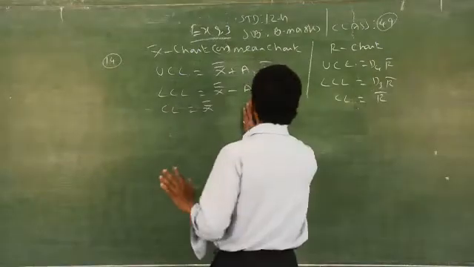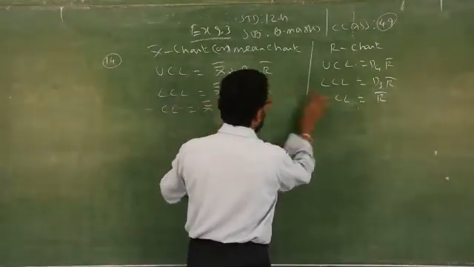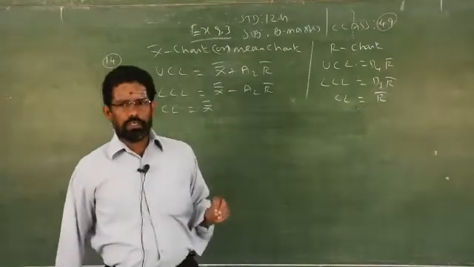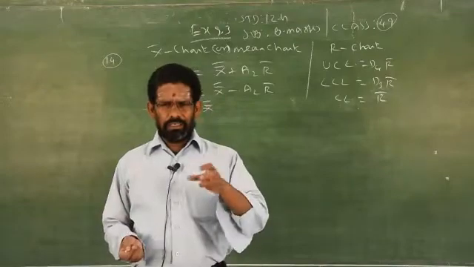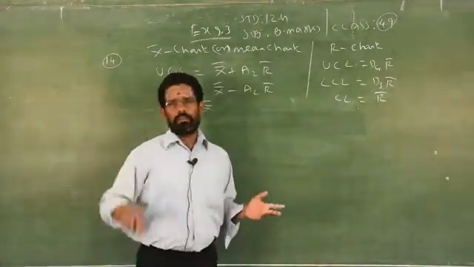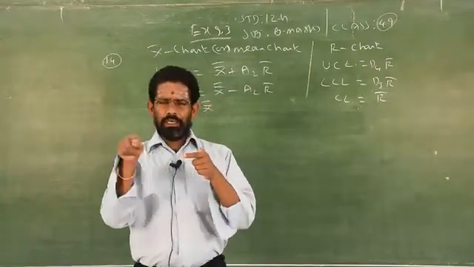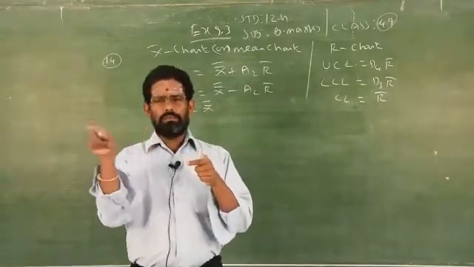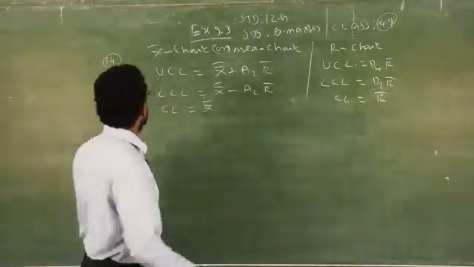Clear? So you have to draw both diagrams. Instead of graph sheet, you can draw them in the main sheet itself. If you draw in the graph sheet, it will be a little confusing for you. So better you go for the main sheet itself. Clear? On unruled sheets, use a scale reading such as 1 centimeter as 1, 2, or 4, depending upon the values you have to take. Clear? Now see question number 14.